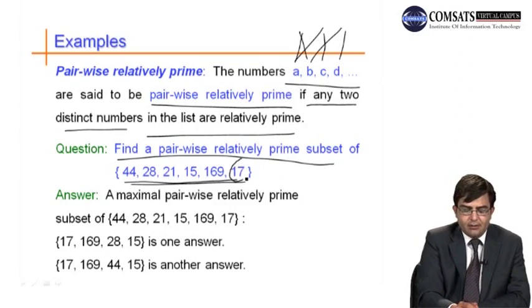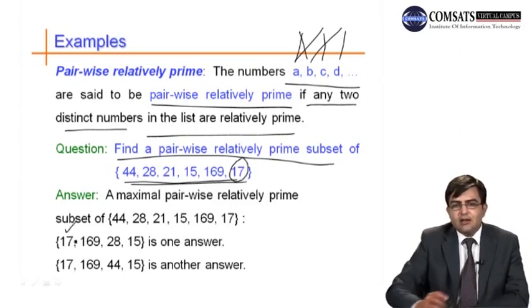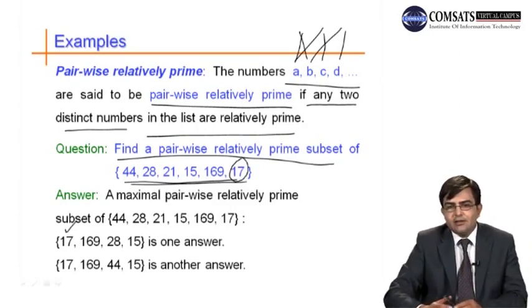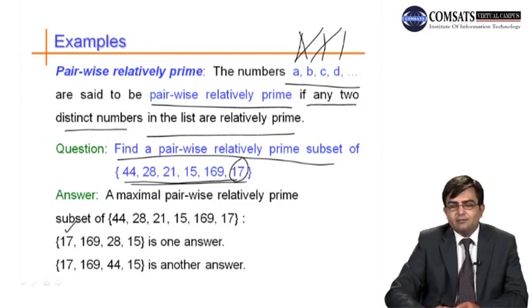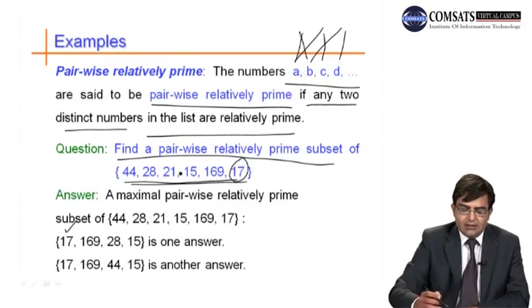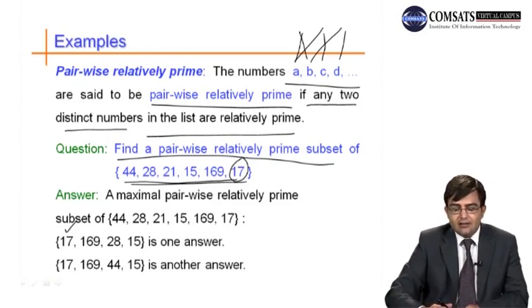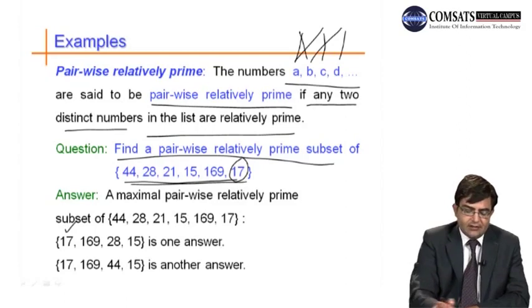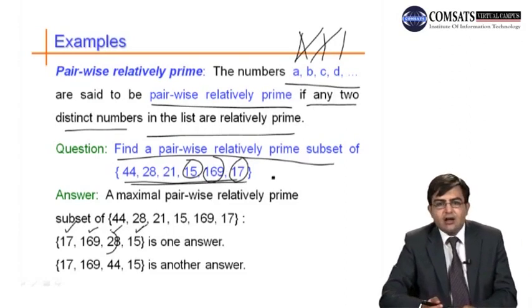Here 17 is a prime number. We write 17 because if you have a prime number then it must be relatively prime to other numbers if it doesn't divide that other number. So if we take 17, and if we take 15 here and 169 and 28, these are 4 numbers in this set which are relatively